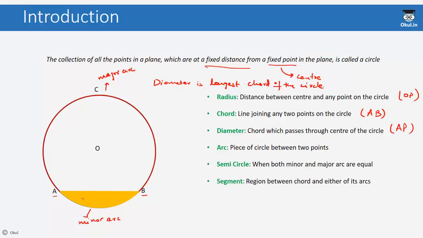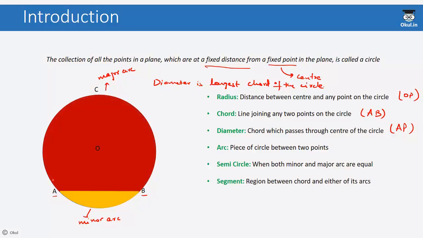Now we have again a segment formed by the arc AB and the chord AB, that is the region formed with the major arc and the chord AB. So that will be this red portion. This will be called a segment as well, but since this is formed by the major arc, it will be termed as the major segment. So we can write that this yellow region is called the minor segment, as it is formed by the minor arc, and this red shaded region is called the major segment, as it is formed by the major arc. So this red region is called the